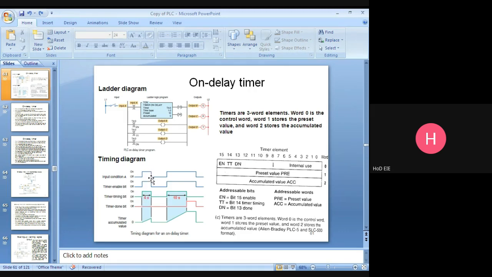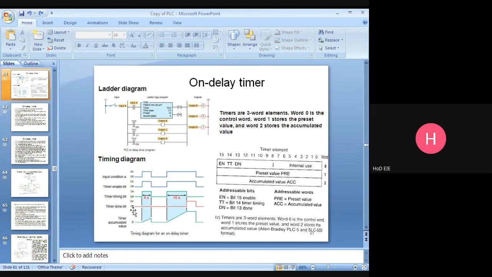Up to this input, only 4 seconds it could count. Then after that 0. 0 means it won't count. So this value becomes 0. Got it? Only up to 4 seconds the input condition is true, so only up to 4 seconds it will count.